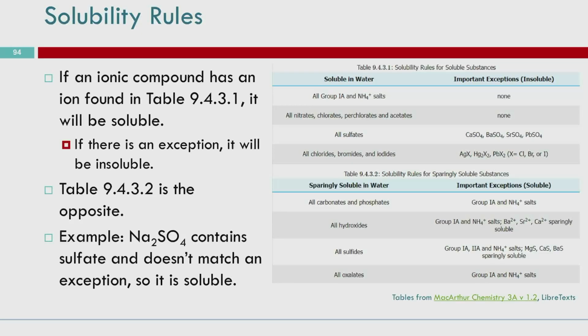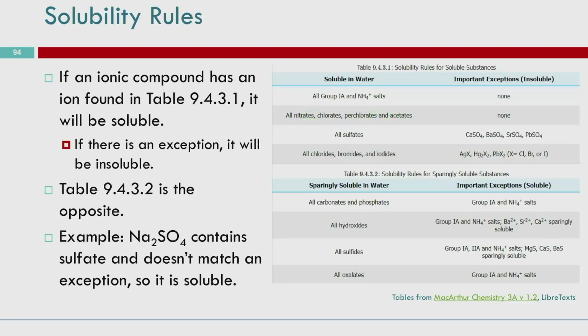So we're going to look at the top part and show you how to read a solubility table. So top part, we're looking at things that are soluble in water. So we've got everything that's in group 1A, so our alkali metals, lithium, sodium, potassium, rubidium, cesium, and ammonium salts. So if you've got NH4+ on the front of an ionic compound, then that will also be soluble. Anything that's a nitrate, NO3-, anything that's a chlorate, ClO3-, perchlorate, ClO4-, and acetates, C2H3O2-,